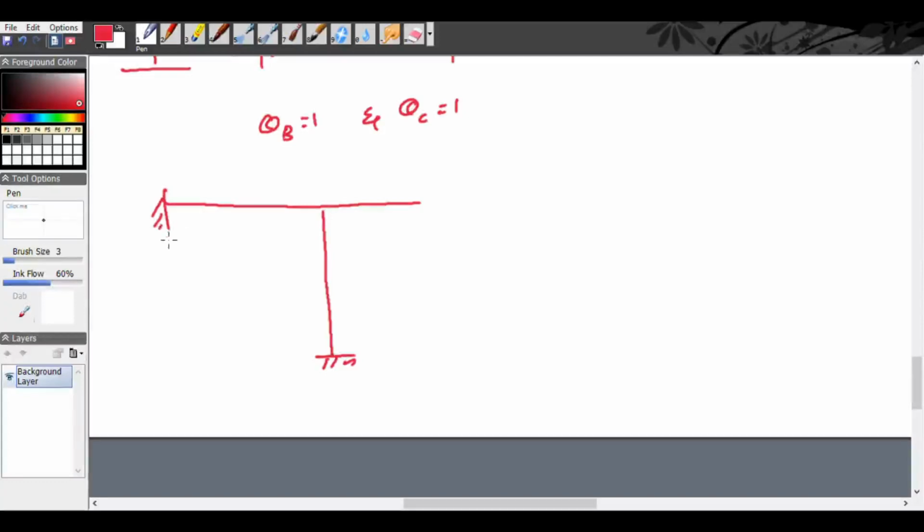so we get, so this is theta B is equal to 1 in the clockwise direction, right? So this is how the deflection takes place, the displacement takes place. Okay, so here theta B is equal to 1. We are applying theta B is equal to 1 and here also the displacement is theta B is equal to 1. Now when we apply theta C is equal to 1,